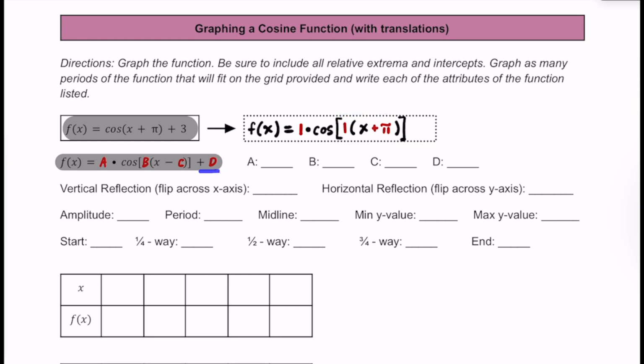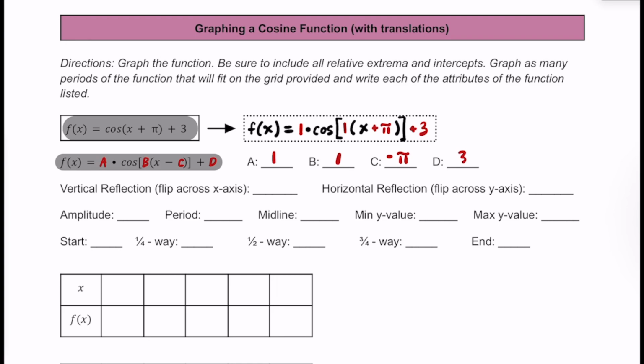Finally, we have this plus d, and we have this plus 3, so we know the value for d here is going to be a positive 3. So for a, b, c, and d: a is going to equal 1, b is going to also equal 1, c is going to be negative pi, and d is going to be positive 3. Let's go ahead and write those in